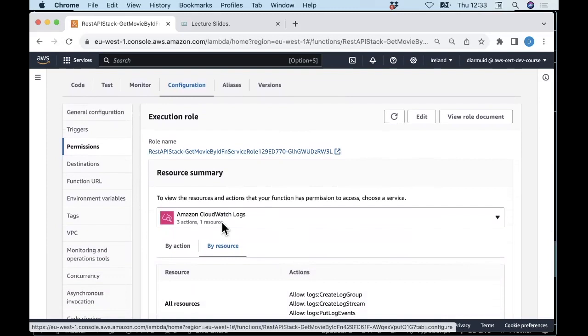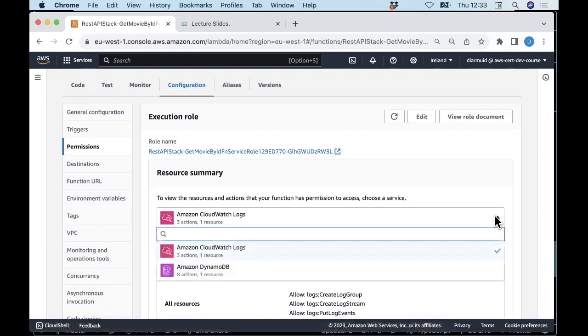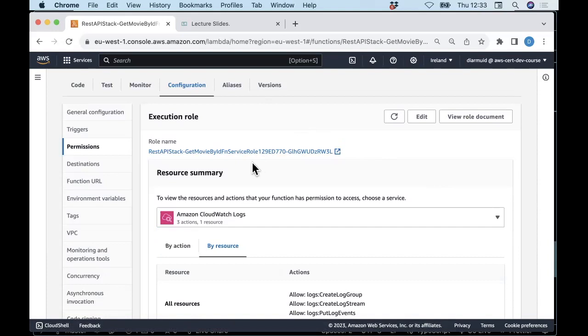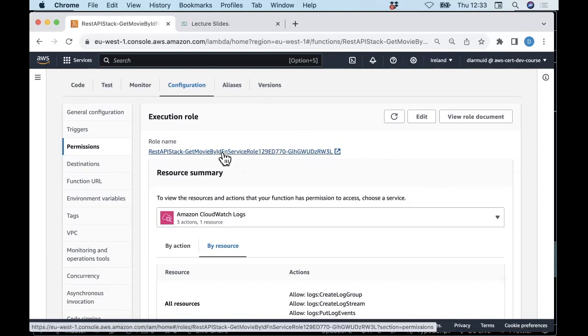Visually, we can see here what the execution role is permitted to do. If I select this drop-down menu, it's showing me that this particular Lambda has some IAM permissions related to CloudWatch and related to DynamoDB, and that's consistent. And just in this case, because I think I slightly stumbled through it the last day, if I click this role,